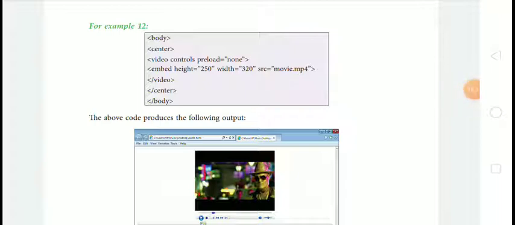See the following example: body tag, then center, then video controls preload equal to none, embed height equal to 250, width equal to 320, and src equal to movie.mp4. This is your video file name. Then close the video and close the center tag, then close the body tag.